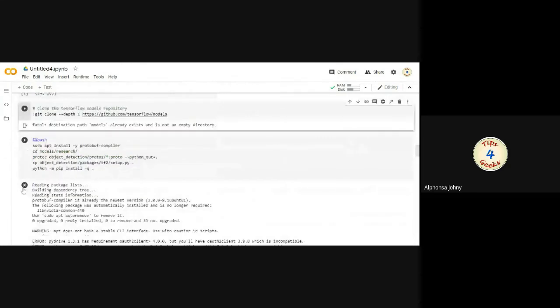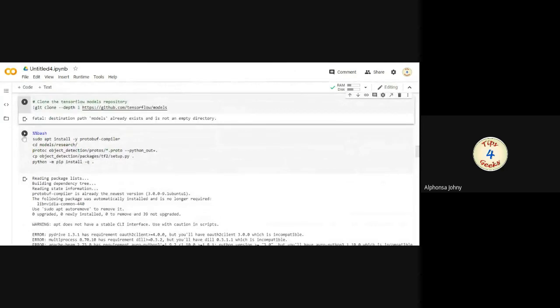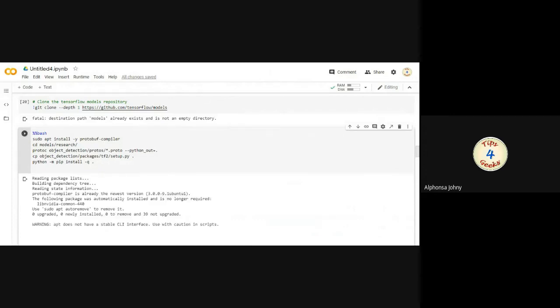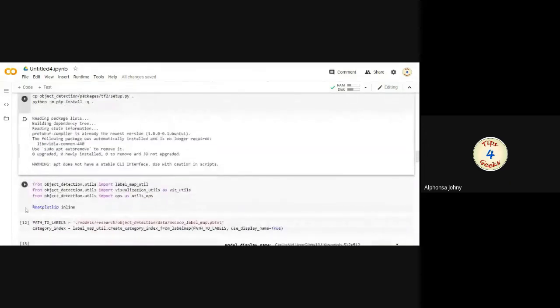Then we have to install the Object Detection API. Then we are going to import the dependencies we will need later.